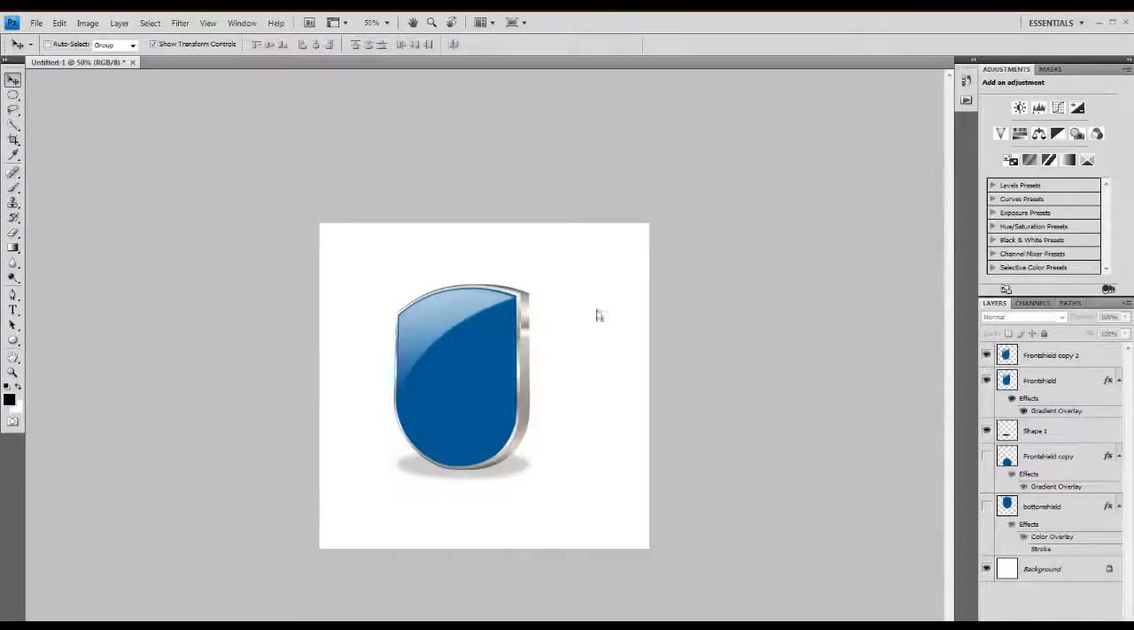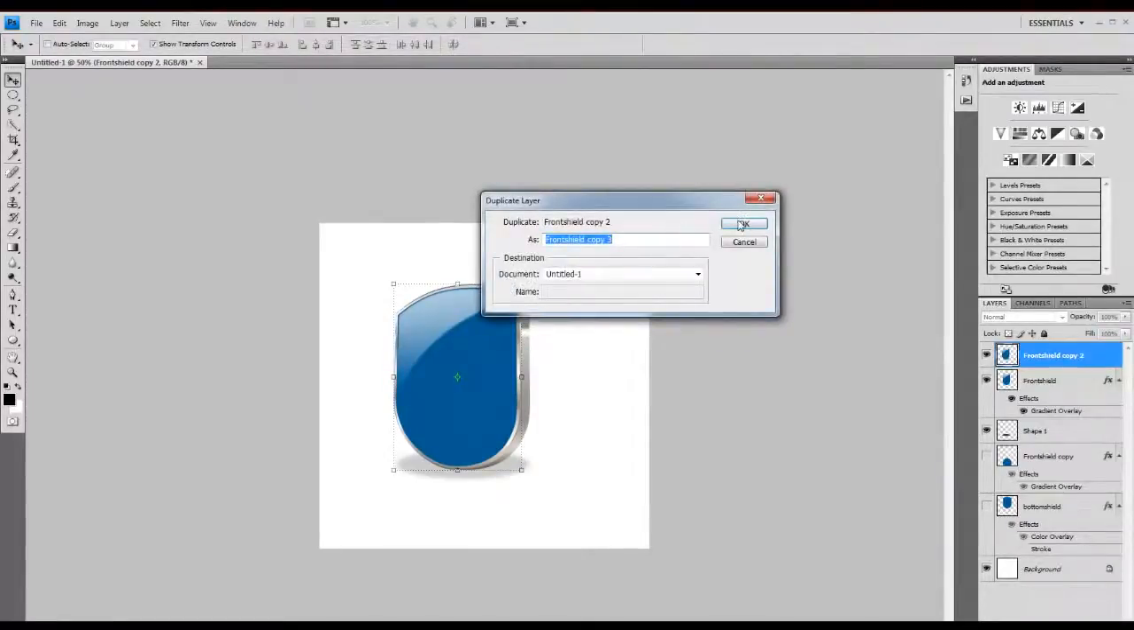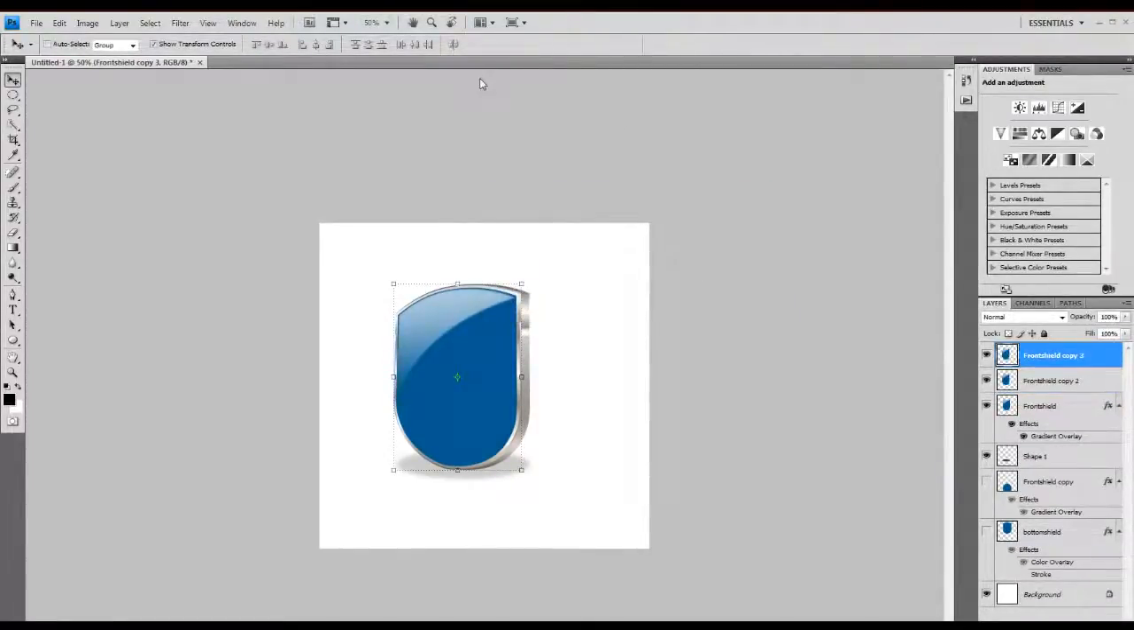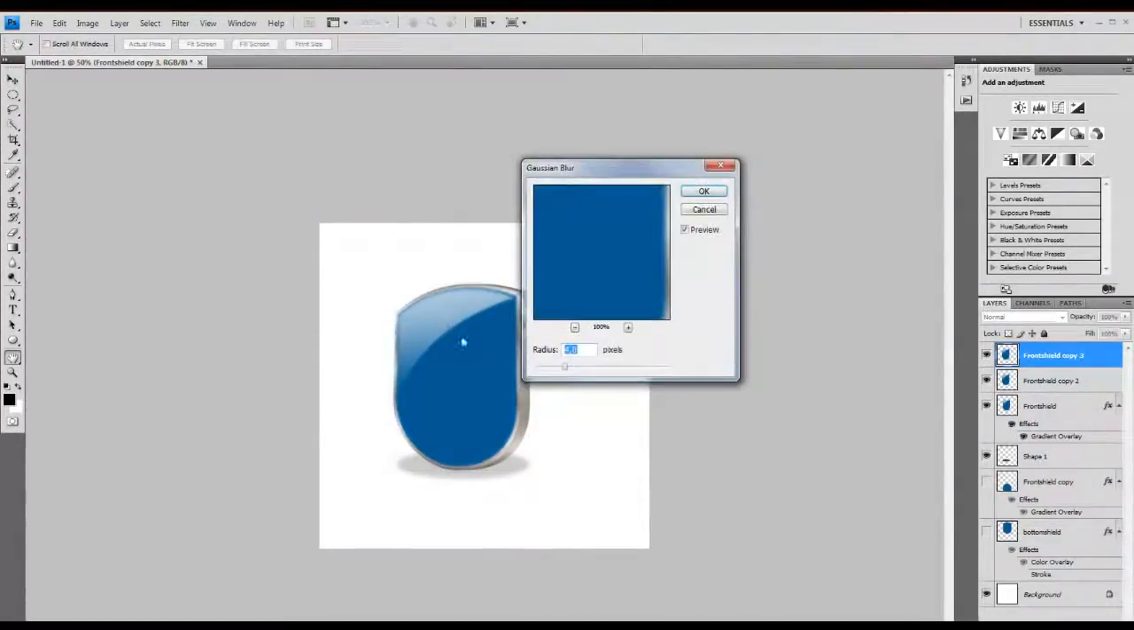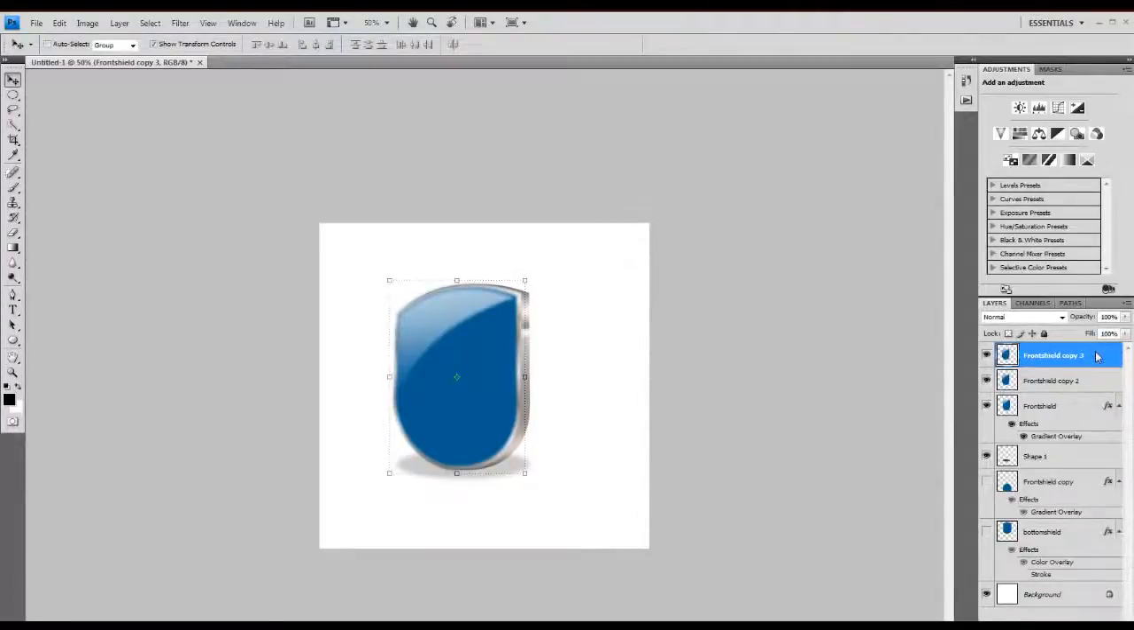To give the thing a bit of depth, you can take the front shield you have here, front shield copy 2, and right click it, duplicate layer, and yes, I think you know what I'm gonna do. Filter, blur, Gaussian blur, give it around 6 pixels. Wow, 4, I think 4 is enough. And then of course move the front shield copy 3 layer below the front shield copy 2 layer,